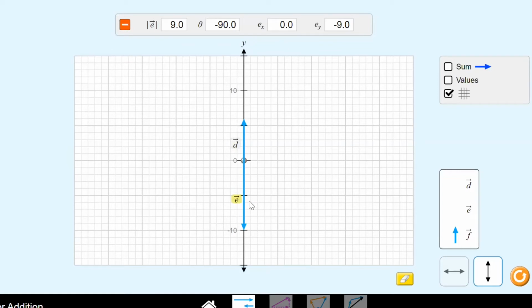So vector E, again, you see it doesn't have any x component. It only has y component, and its magnitude is 9 meters. But if I want to talk about both magnitude and direction, I can say negative 9 meters or 9 meters